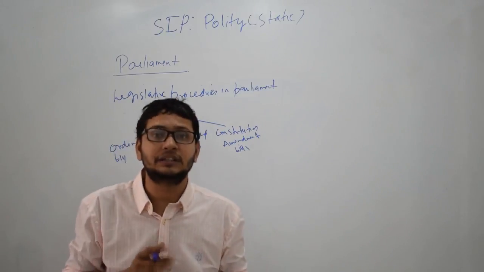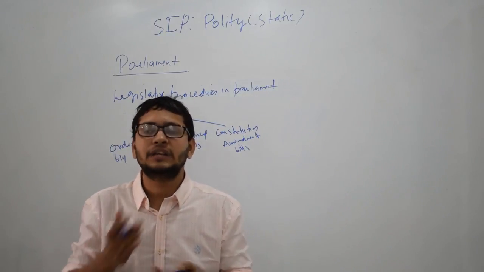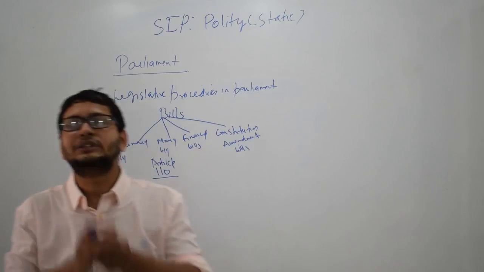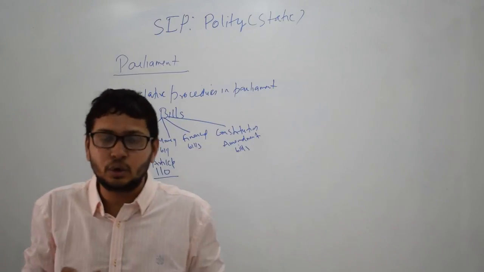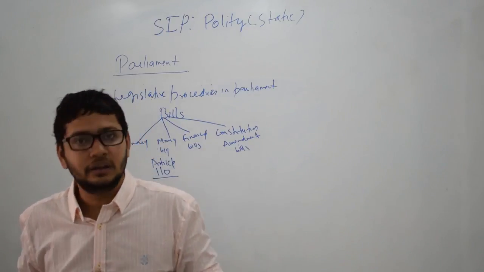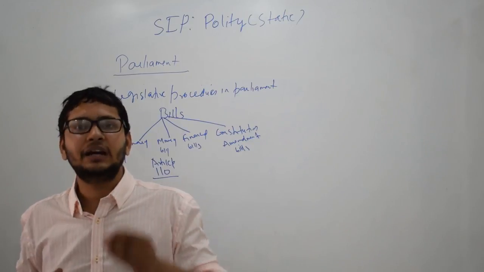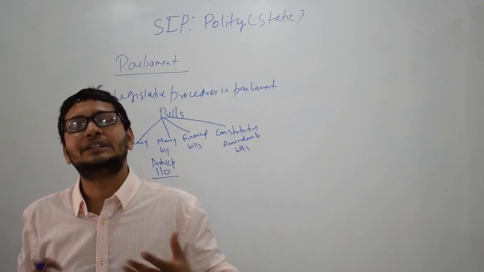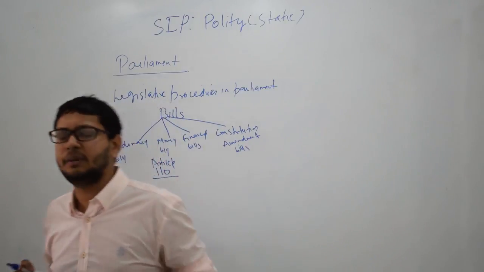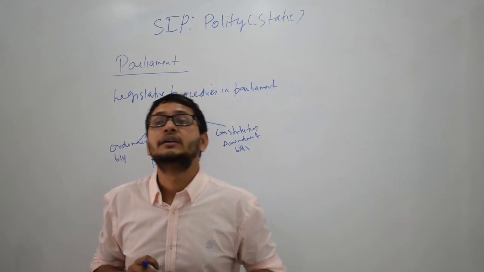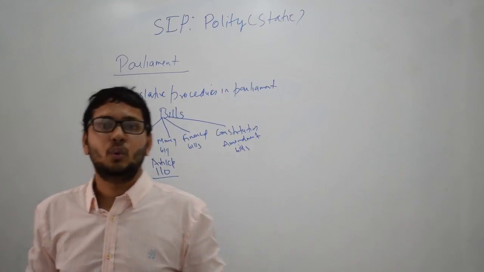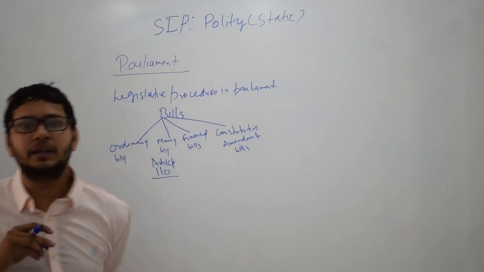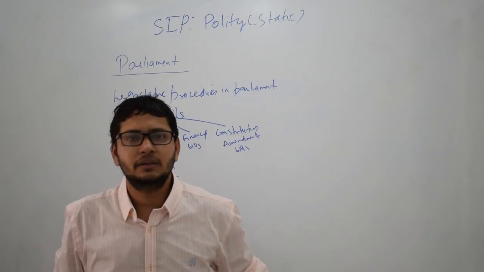It could not be passed under the money bill heading, because Aadhaar has a number of other things which have nothing to relate with Article 110. But the problem is that discretionary power is given to the Speaker. It is the Speaker who decides whether the bill is a money bill or an ordinary bill. And generally there is no rescue. Once the Speaker decides the bill is a money bill or not a money bill, then the opposition has no